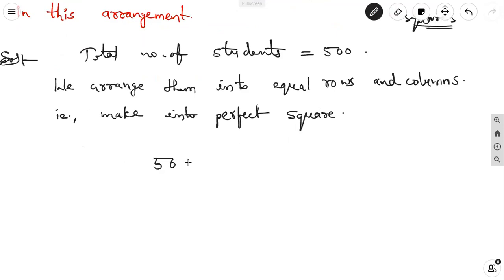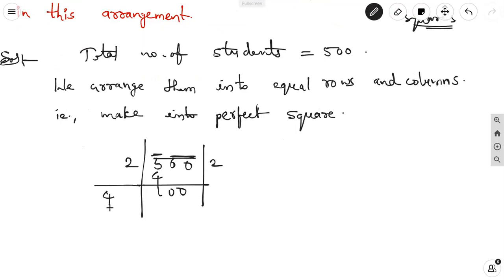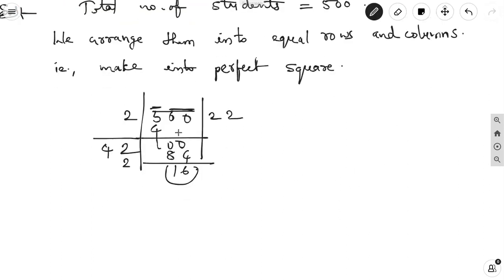For that, we can take the division method. So, division method, this pair is 1, it is 1. Nearest square, 2 to the 4. It's 100. Take the double of the quotient, it's a 4. So, we can take 2 table, then 42 to the 84, 43 3 is more than 100. So take the 2 and take in quotient 2. Multiply with 2. 2 2 is 4, 2 4 is 8. The remainder is 16. Okay. 16 students are subtracted.